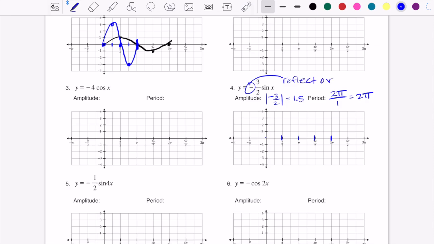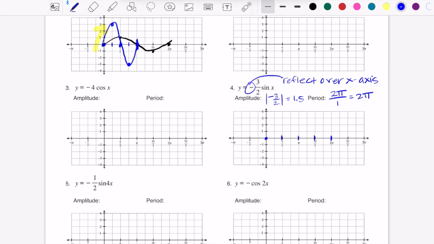Reflect over x-axis, okay? So what that does is every y-coordinate that was positive becomes negative. So instead of going up, we're going to start by going down when it's negative. Okay, so instead of going up, we're going down,